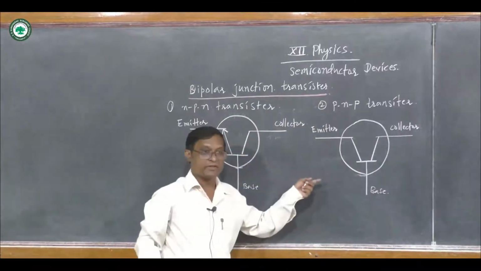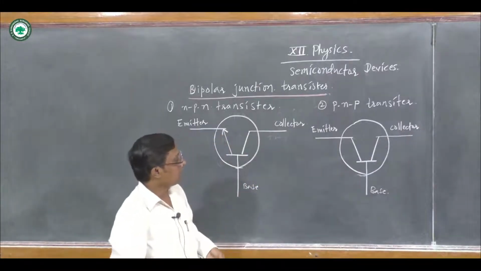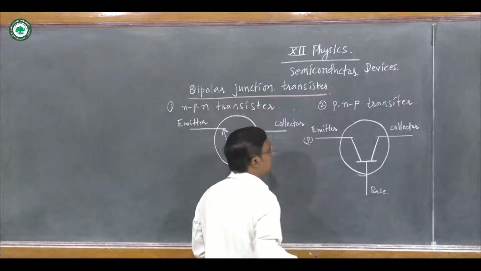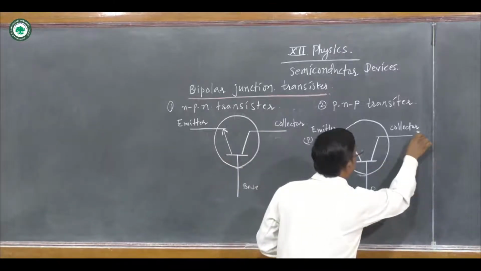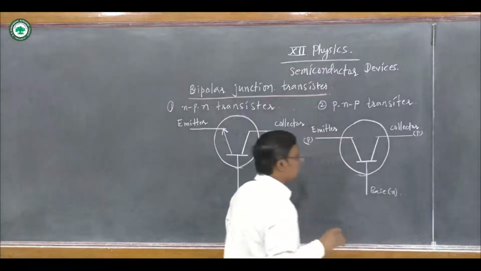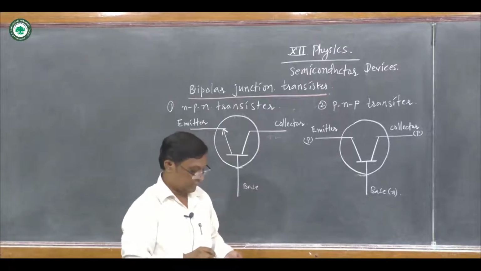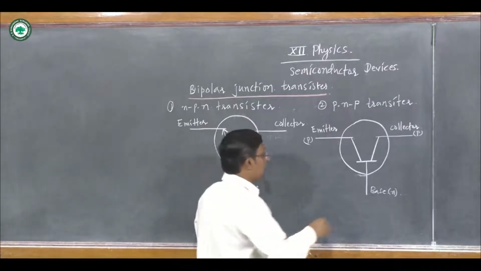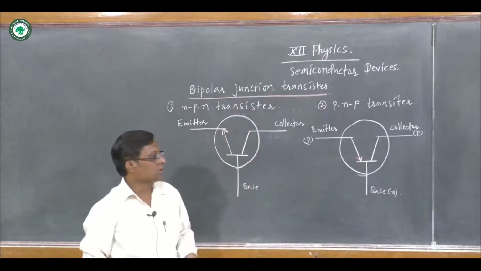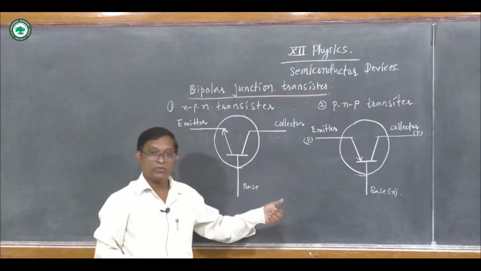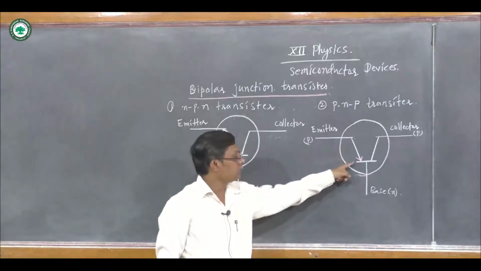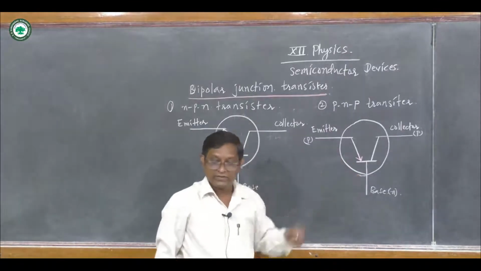In this transistor, the emitter is made up of the p-type semiconducting material, and the base is made up of the n-type semiconductor. And the direction of the arrow, which shows the flow of the conventional current, is from P to N, which is given by the arrow directed inside from emitter to base.